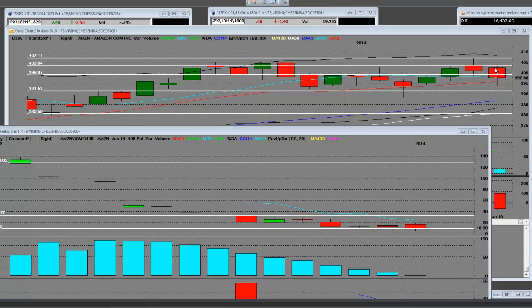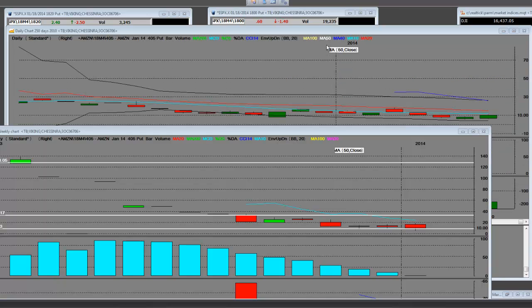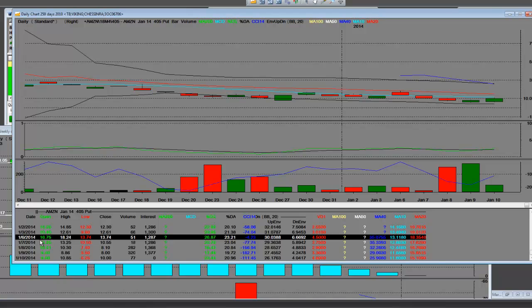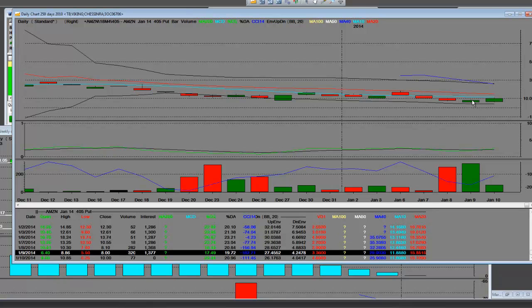But before I do, Amazon right now in 2014 has a double daily weekly reversal, and in the past it has always broke higher. The trade is that the resistance is right up here at the body of that bar, and we'll be moving in on this monthly trade. Look at here. Here is a daily view of the 405 puts that are in the money. They were 18.25 on 1/6. That was the value. Now that we hit a low on 1/9, these contracts opened at 6.40. They went up to 8.86, and the low was